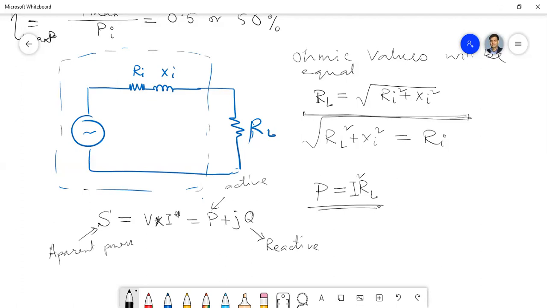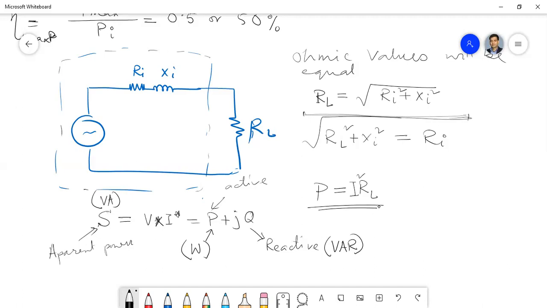If you haven't attended any class on this, I think you will not understand this, but I have to mention it here because I am taking this power. So this S has the unit of volt ampere. Remember, the apparent power has the unit of volt ampere. Active power, the unit is well known, that is watt. And the reactive power has the unit of volt ampere reactive.